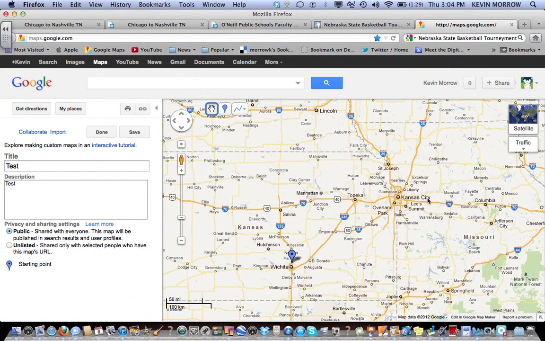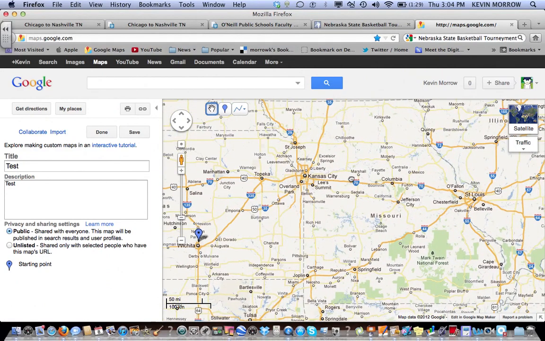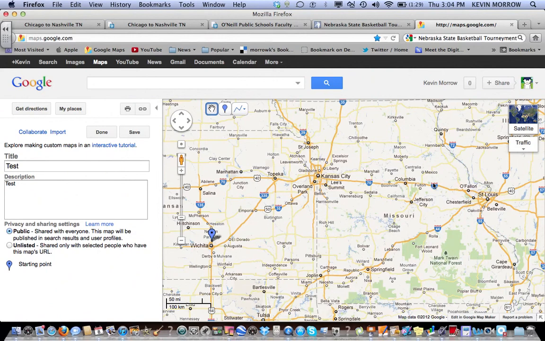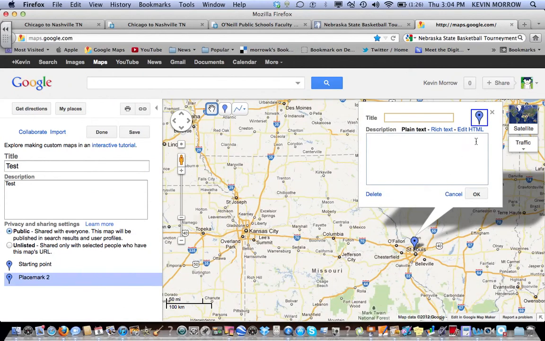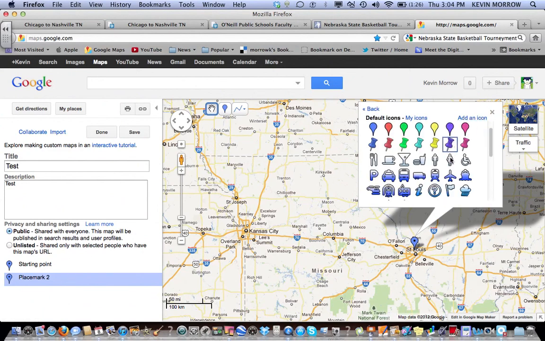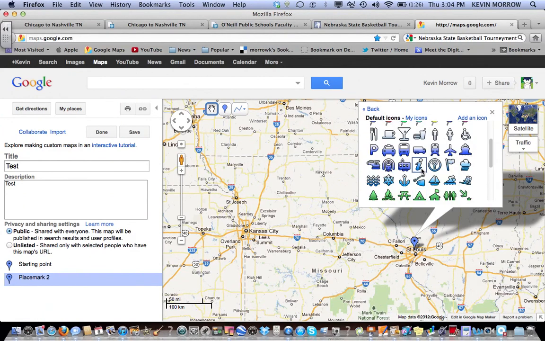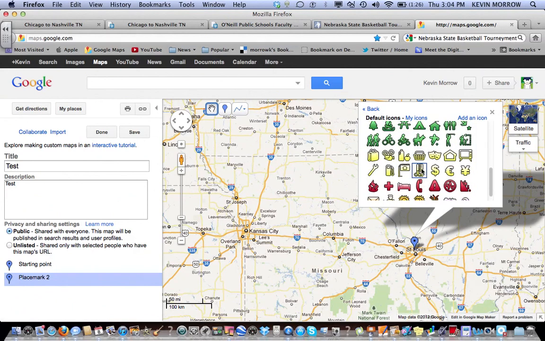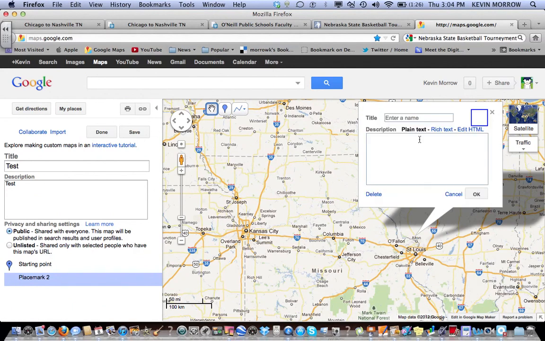And let's say we're going to go to St. Louis. From Wichita to St. Louis, I'm going to take another marker, and I'm going to drop it over here on St. Louis, and I'll show you another example of how on these markers, if you don't like that or you want to change it up a little bit, you can grab another marker. There's some preset markers here that you can use, and we'll just grab something a little bit different, and we'll change that over to the horse, and we'll say this is our ending point, or whatever you're using your markers for,